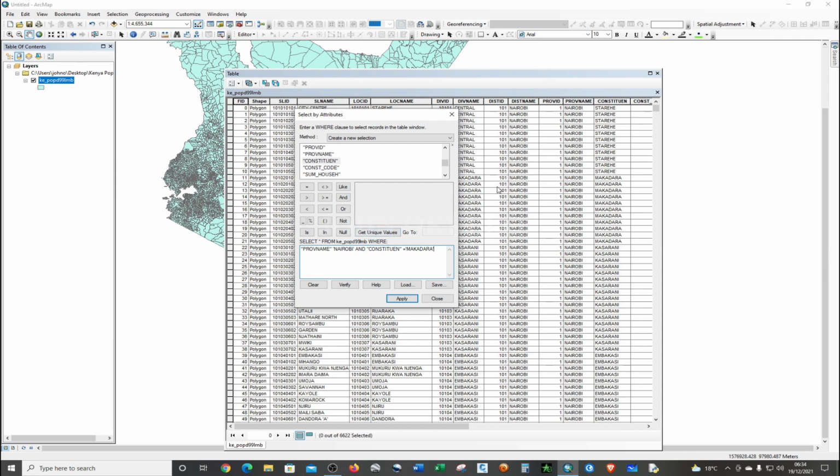this code will display the records from Makadara. If you don't have the Makadara, it will display the Starehe, and if we have both of them in the records, it will display both of them. So select all records from a table where province name is Nairobi and constituency equals to Makadara, or constituency name equals to, I just type in, so to verify,